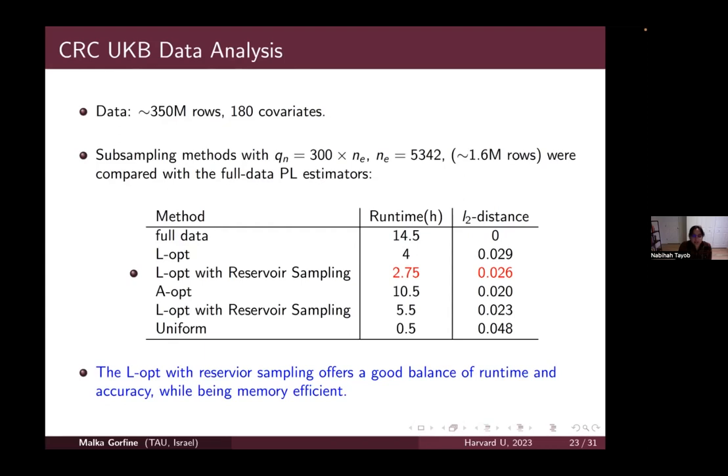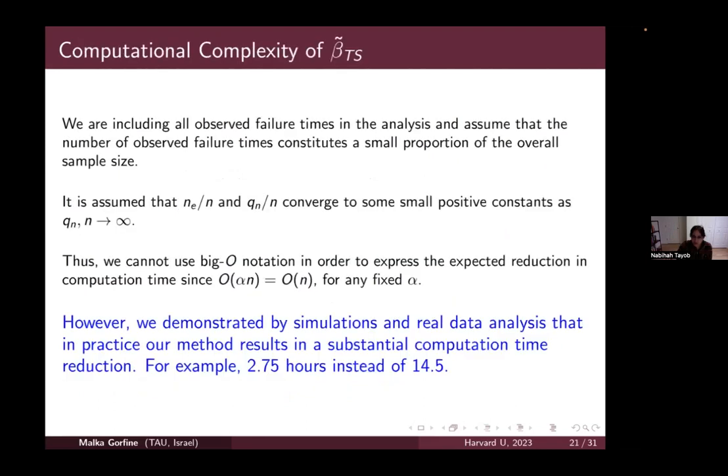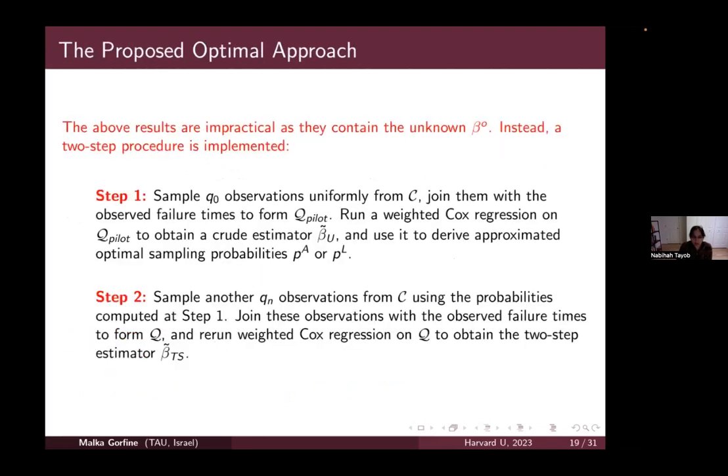Sorry to interrupt you. Can I just ask a quick question about the two-step procedure you described, doing a uniform sampling to get an estimate of your beta 0 and then doing the weight estimates? What's the size of that Q0? Okay, so this is a great question. So when we